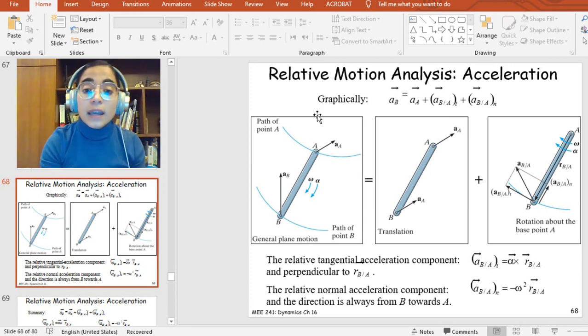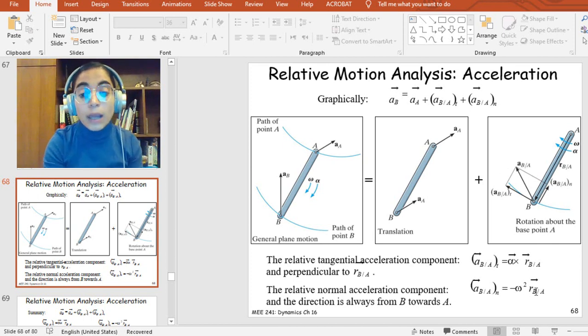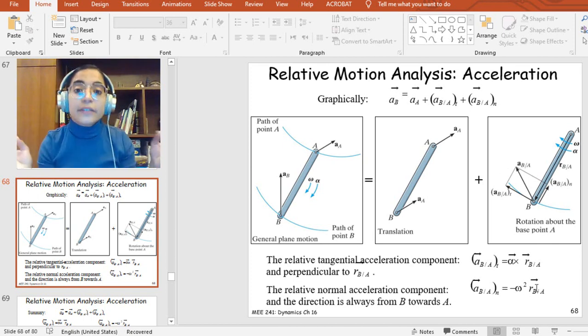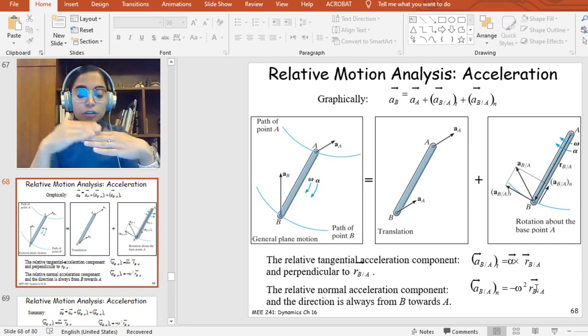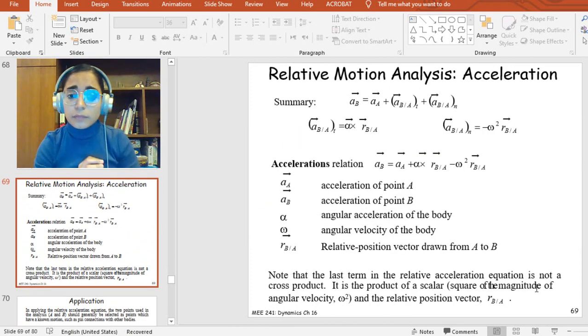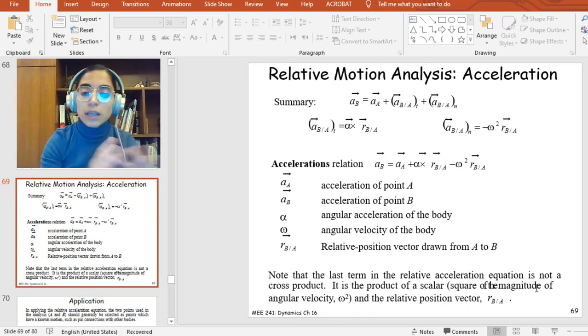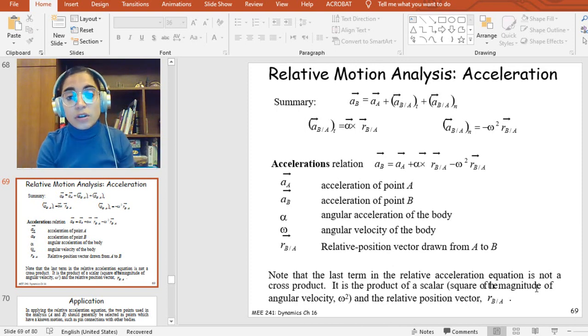So, guys, if I want to find AB knowing AA, I can substitute AB with respect to A tangential and AB with respect to A normal, and then what I'm going to have is a vector equation that, in plane motion, could be divided into two scalar equations, one in I and one in J. So this is, in fact, the general equation for acceleration. AB would be equal to AA plus alpha cross RB with respect to A